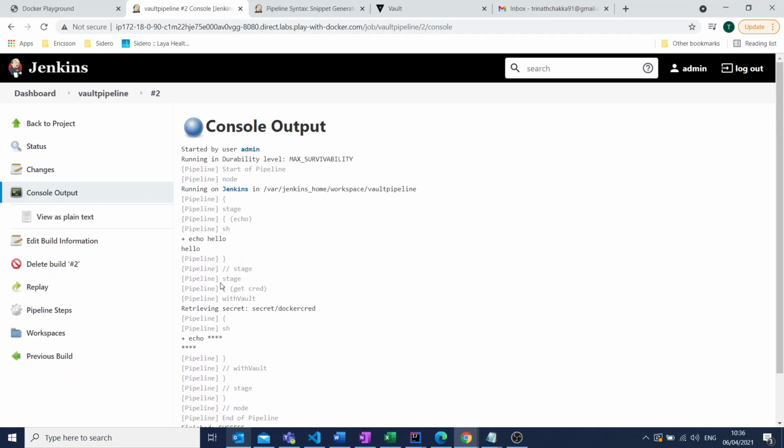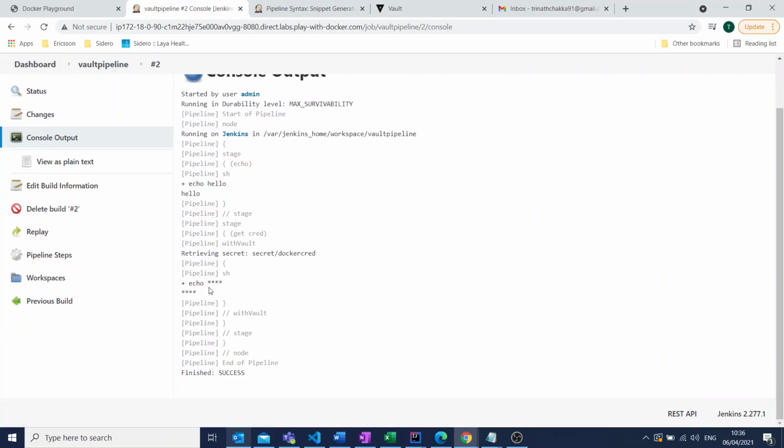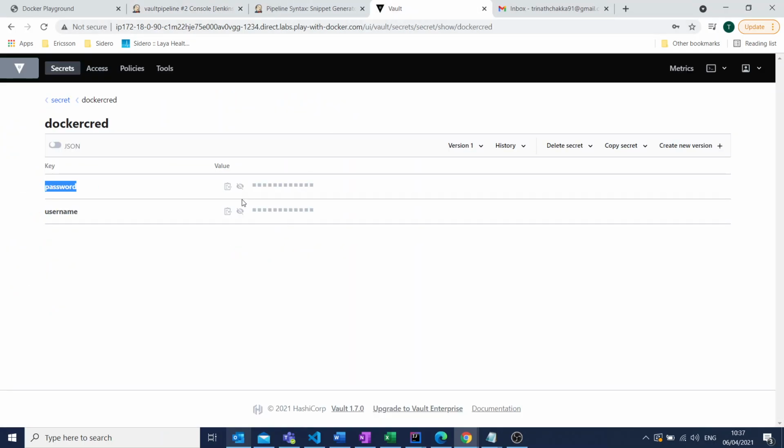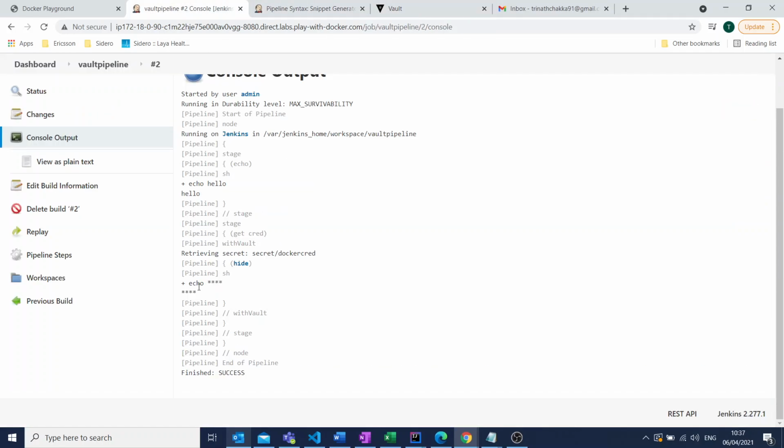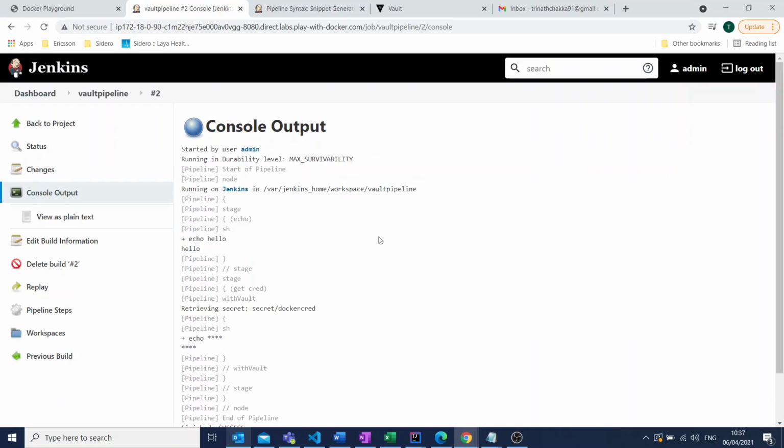Let's consider you are using Docker credentials to push the image to Docker Hub. In that case, it will be helpful, like a Docker push. You can give the image name, and give hyphen u as the username and hyphen p as the password. At that particular point, the value available in this Docker user will get substituted in this particular location. So yeah, that's it about how I pass the credentials to Jenkins.